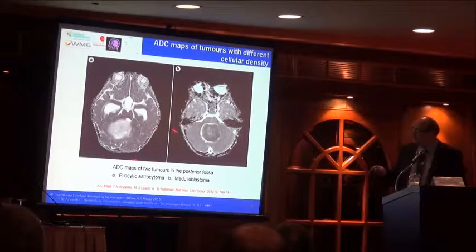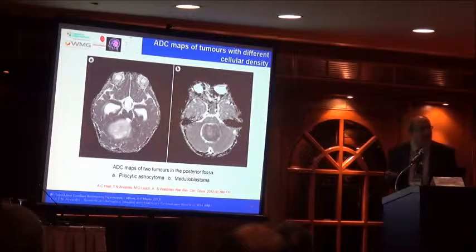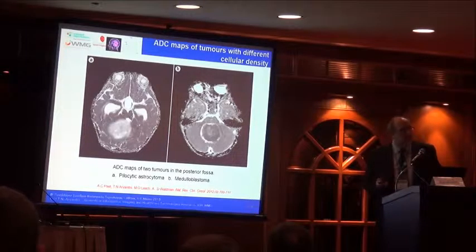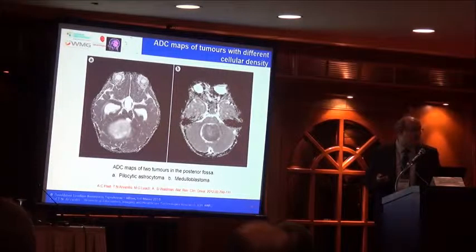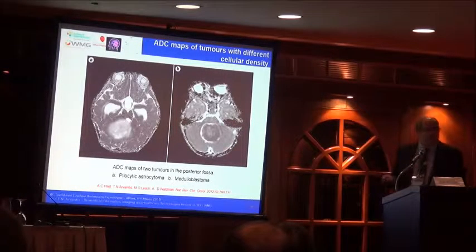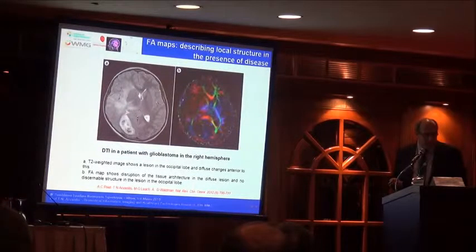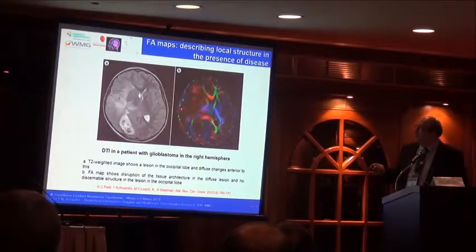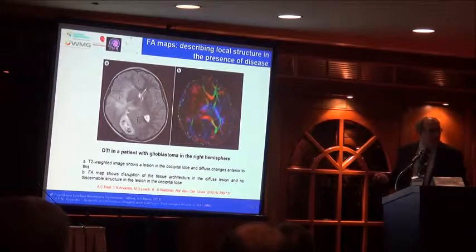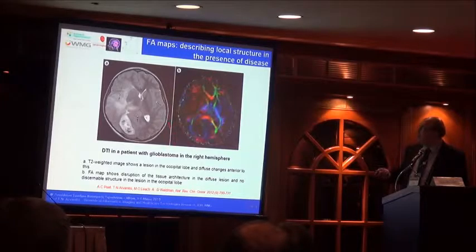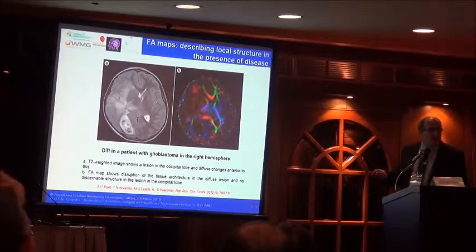So that information, of course, we see visually. Later on, we can see how we can use it in machine-based algorithms, based on data analysis, in making some decisions. Furthermore, we can use fractional anisotropy maps, part of tractography diffusion, to tell us a little bit about the structure and of the presence of the disease.